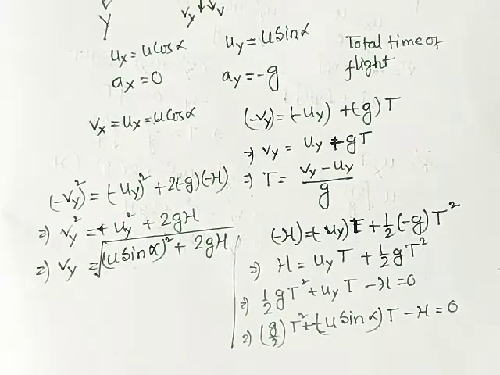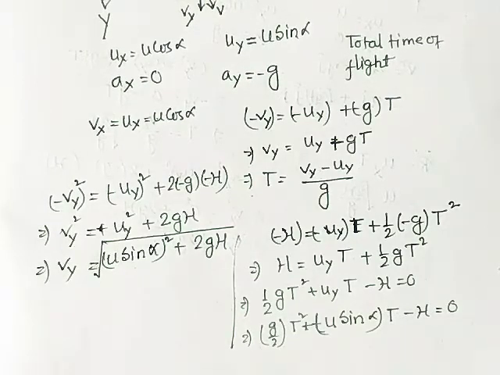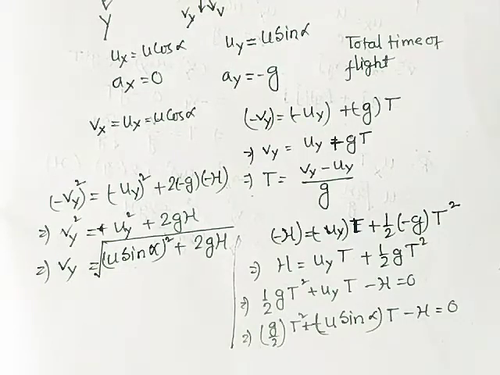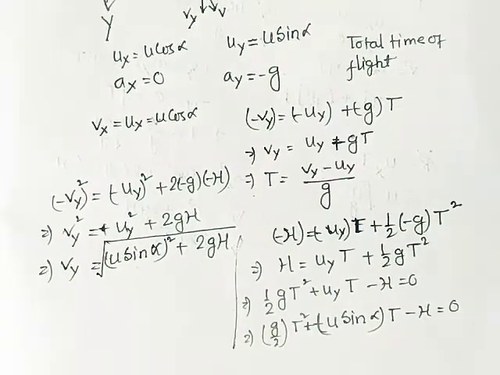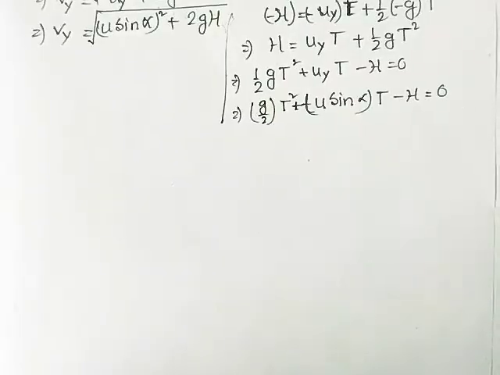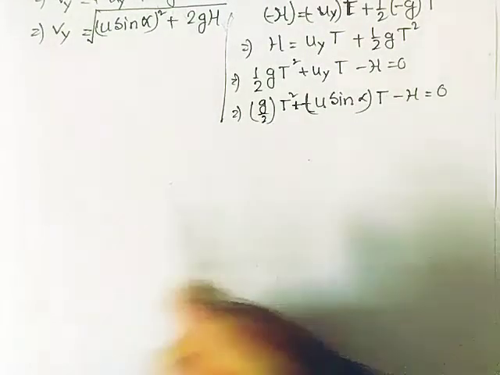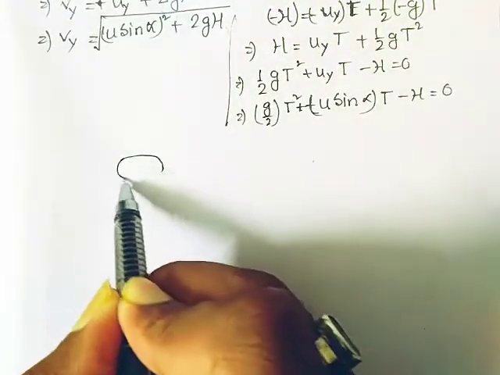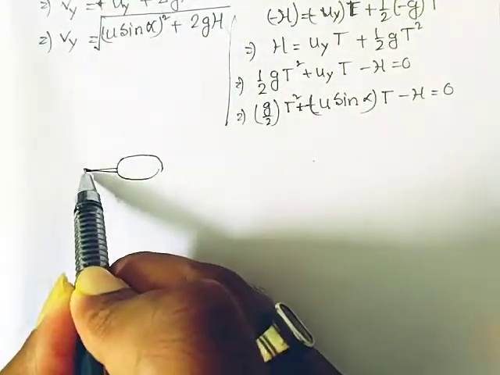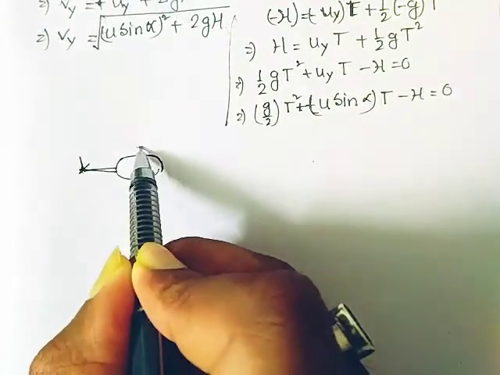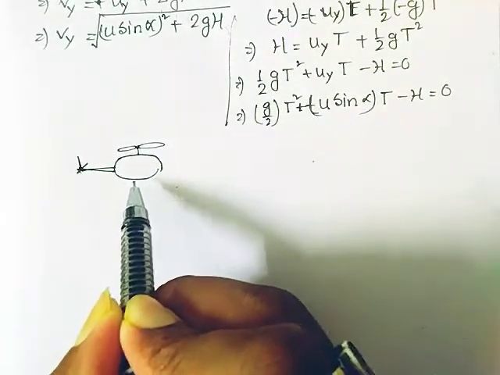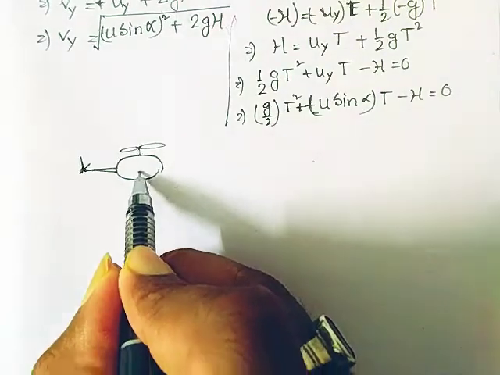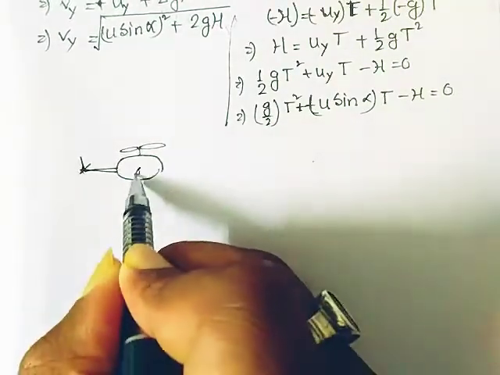Now we will concentrate only on the applications of 4 types of projectile motion. Just remember, here is the 3 and another one that I have learned before, that is the 4. So 4 types of projectile motion. So let us consider that here is a helicopter. It is a helicopter, and these are the blades of that. Let us consider it is at a height capital H.